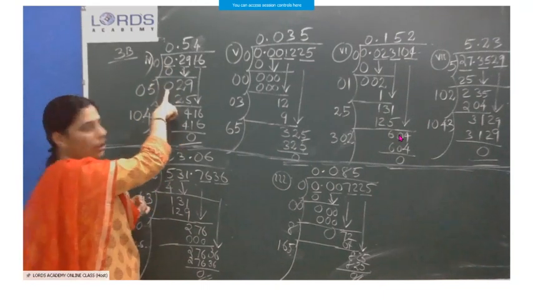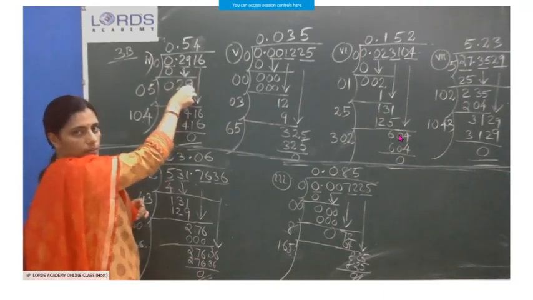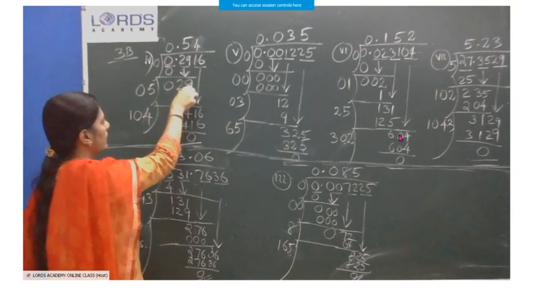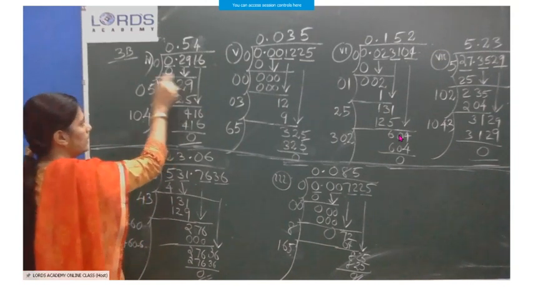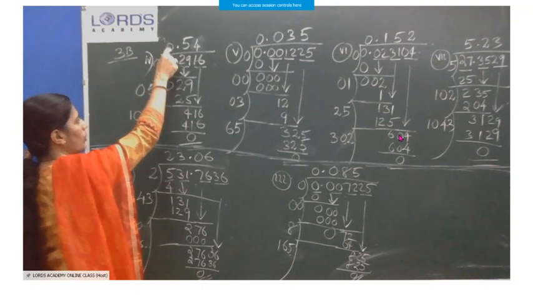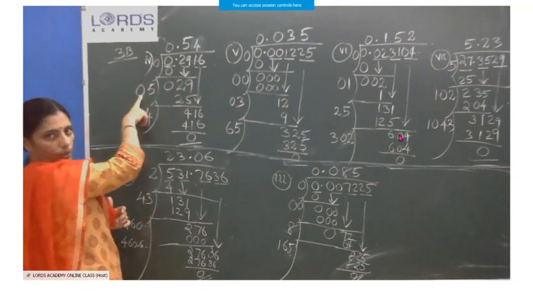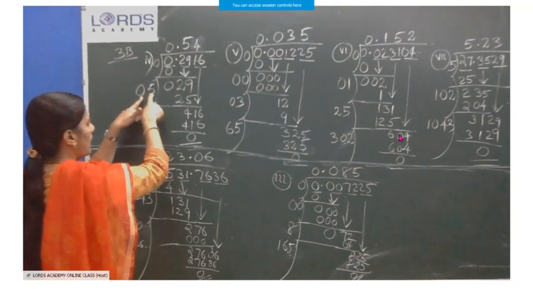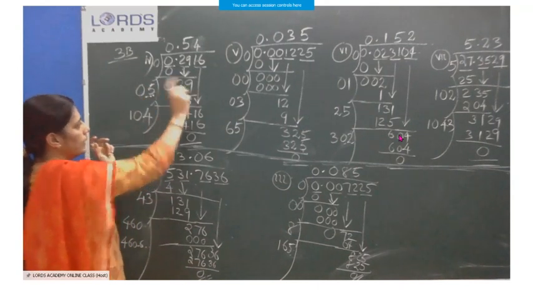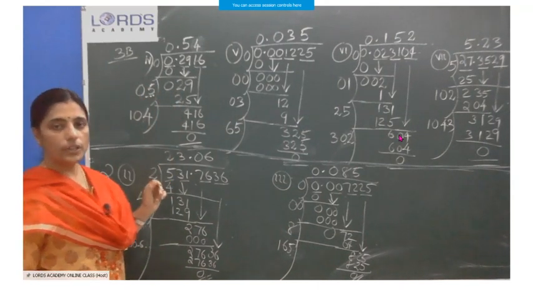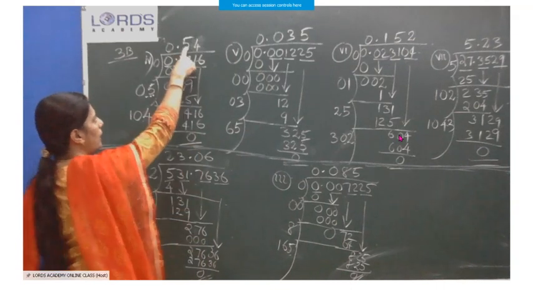Subtraction I did, 0. 29 brought down. Then for 29, the next divisor is 0, its double, again 0. Then which number do we fill here to get 29? 5 into 5, 25. So 5 here,